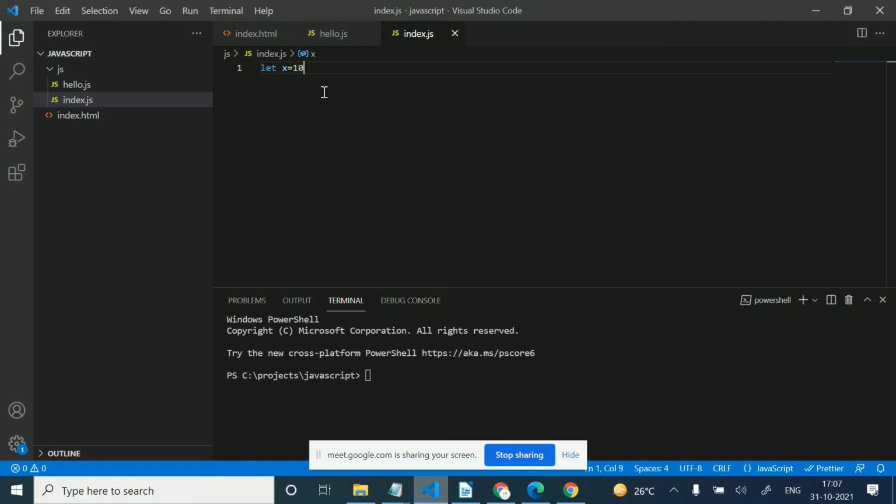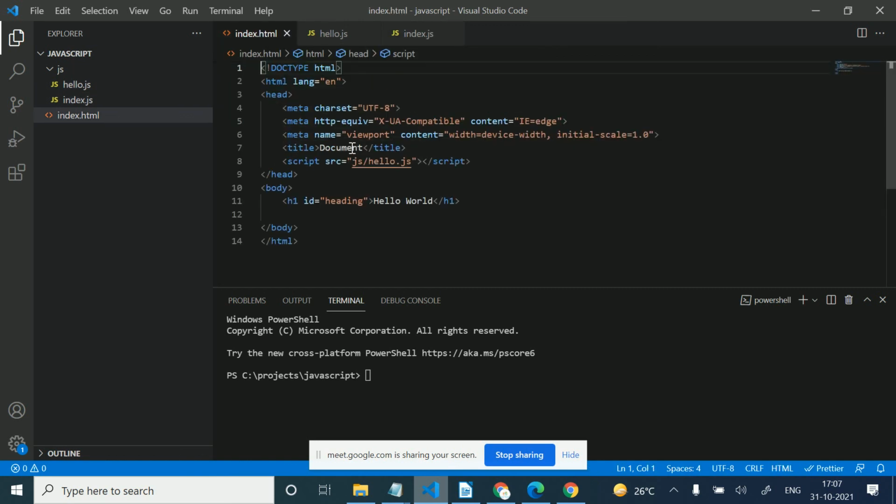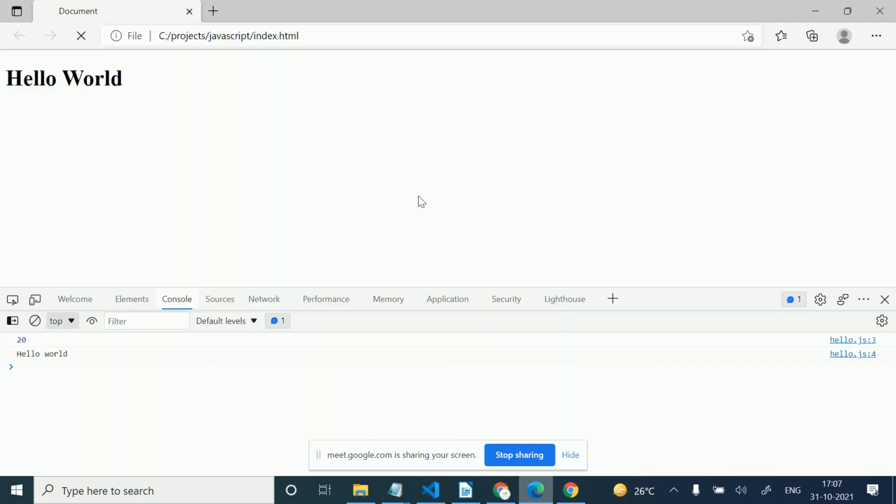These are the two files. This file also has x is equal to 10, and this file also has x is equal to 10. If I import these two files here and refresh, I am getting an error: identifier x is already declared.